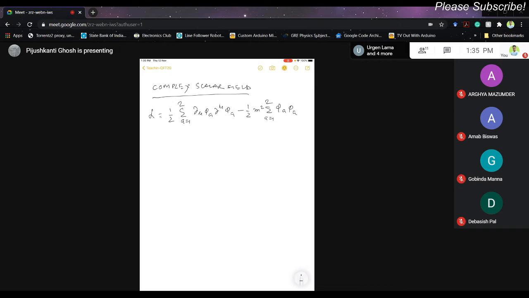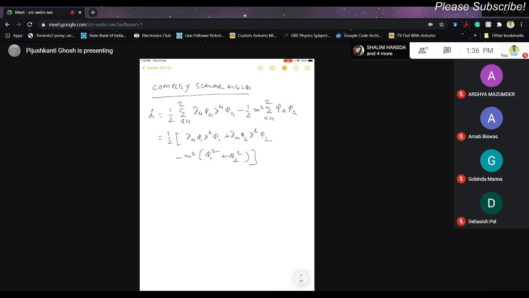Okay, so basically I used a compact notation, and you know that if you write it explicitly, it is del mu phi 1 del mu phi 1 plus del mu phi 2 del mu phi 2, the kinetic energy term, half I have taken already out. Okay, so m square times phi 1 square plus phi 2 square. So this is my Lagrangian,